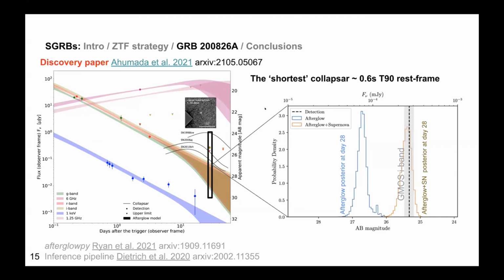This model fits the GMOS data point much better. It's within 1 sigma. So here you have the posterior probability of just the afterglow, the blue one here. The yellow is the afterglow plus the supernova, and the detection we have is here on the black dotted line. So you see here that the detection we have aligns, and it's fitted by the afterglow plus supernova model, but not just the afterglow. This makes GRB 200826A consistent with being a supernova, and hence coming from a collapsar